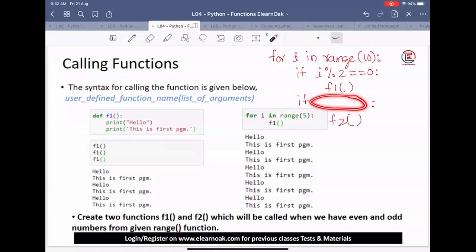What code should we write here to see that this number is odd? Okay, excellent. So i modulus 2 is equal to 1. And as people are writing, not equal to 0 will also work out fine. So i modulus 2 not equal to 0. Either of those conditions will work out. And that is how we can write this program. When the range value takes an even number, we call f1. When it takes an odd number, we call f2.